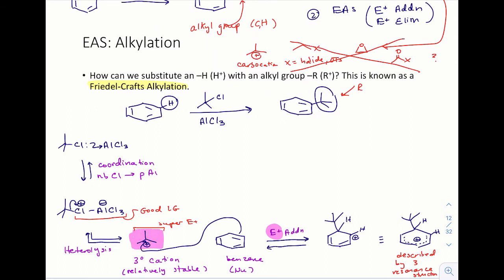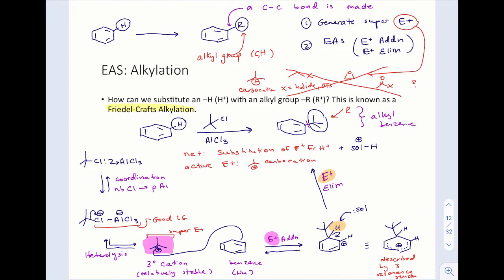Now there is an electrophile elimination step, and that step where the solvent removes this electrophile, H plus, and regenerates this carbon-carbon bond. And this net substitution reaction that proceeds via electrophile addition and electrophile elimination yields an alkyl benzene. Really exciting, a carbon-carbon bond has been made. This one. All right, this is a very important reaction in organic synthesis, but there will be some limitations to